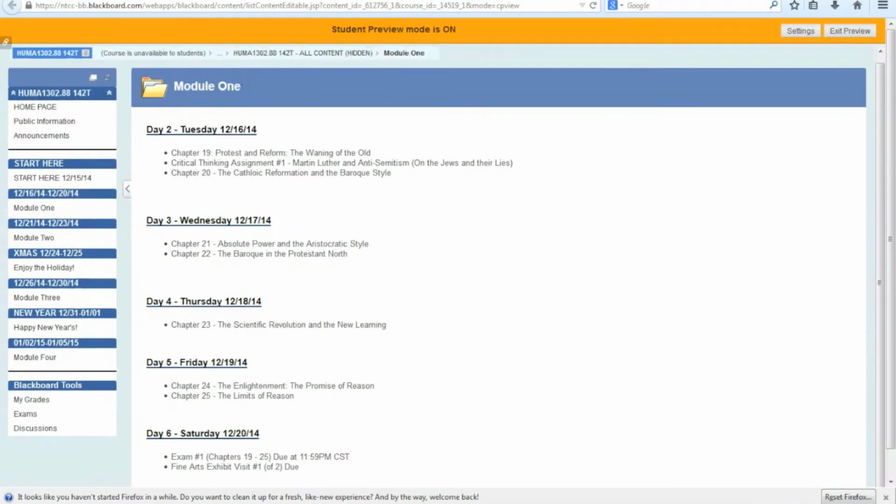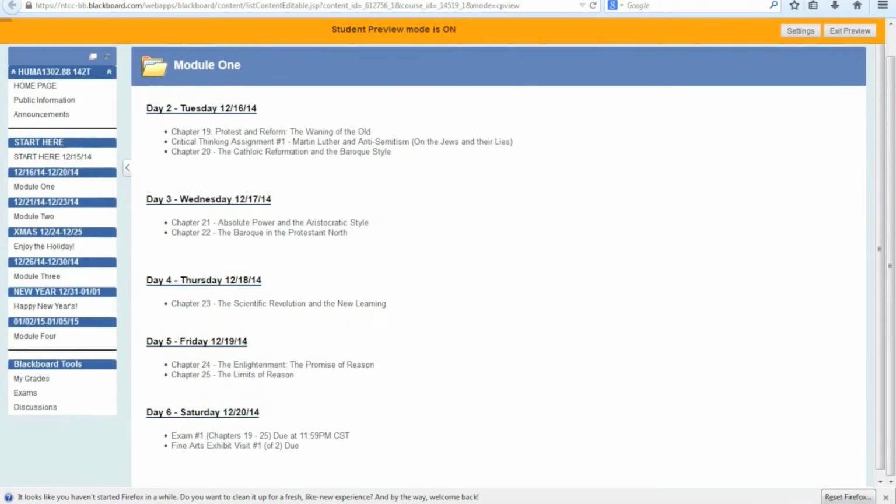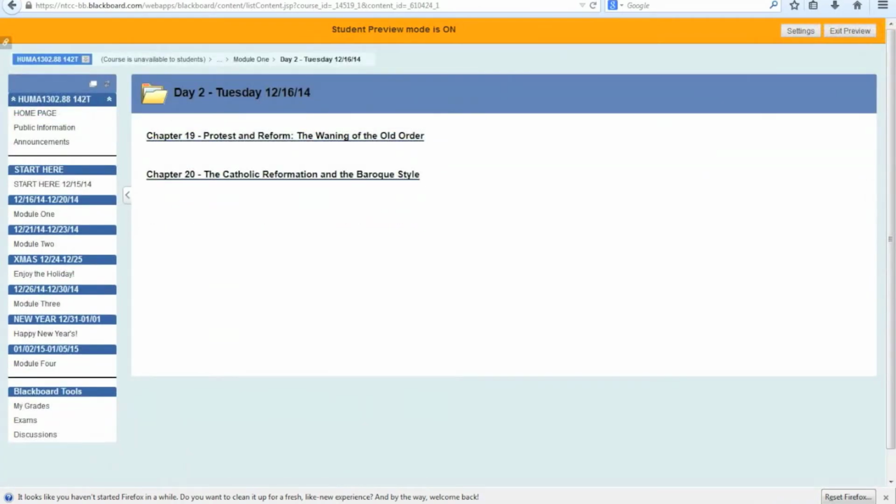Now on this, I've laid out everything that's going to be in module 1 based on the days in that module. So when you click on day 2, it'll take you to this screen, which will have the chapters that are in each one of those under each day subheading. And you can also click up here at the top of your screen if you ever want to go back a step,